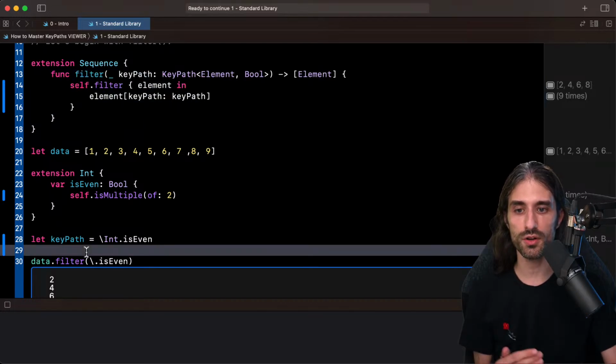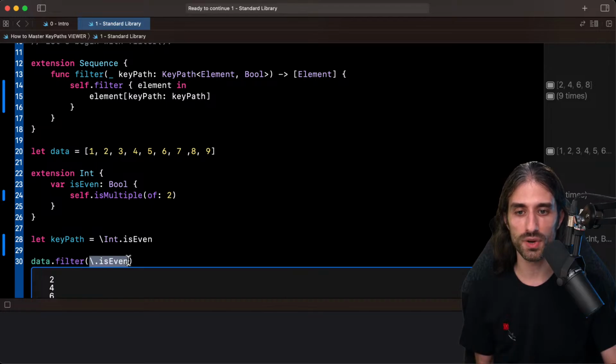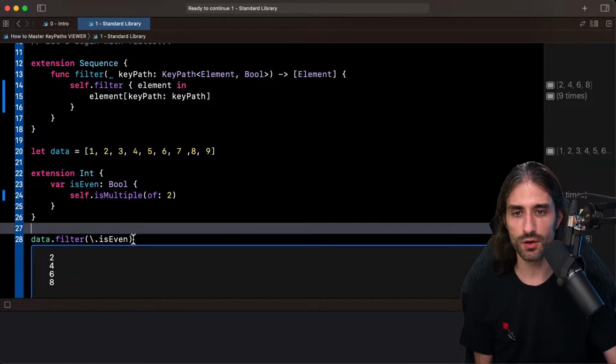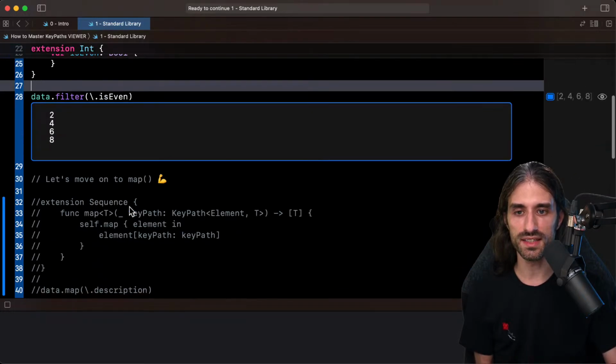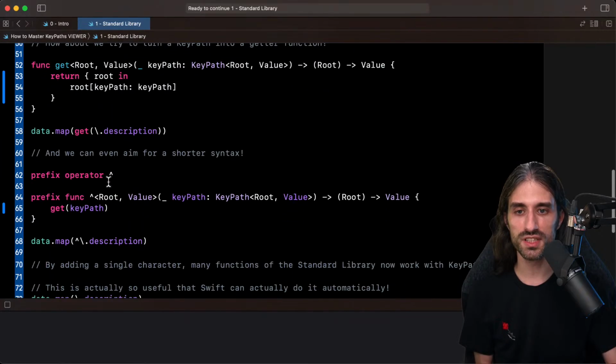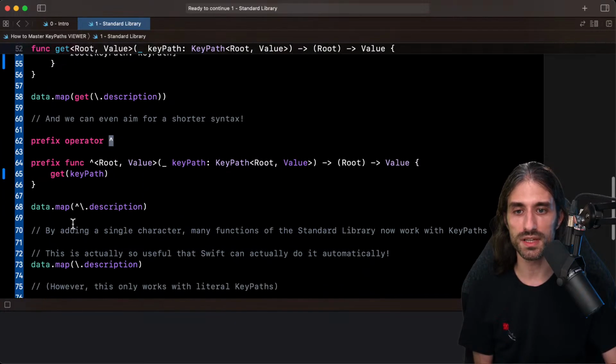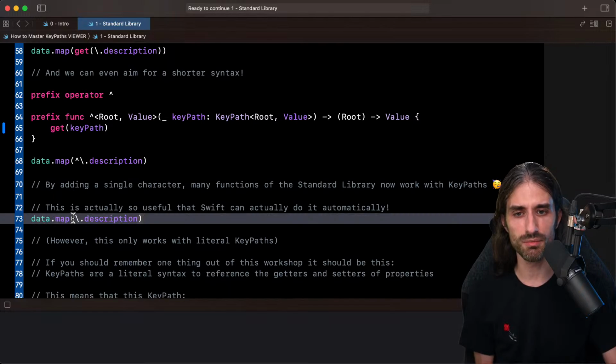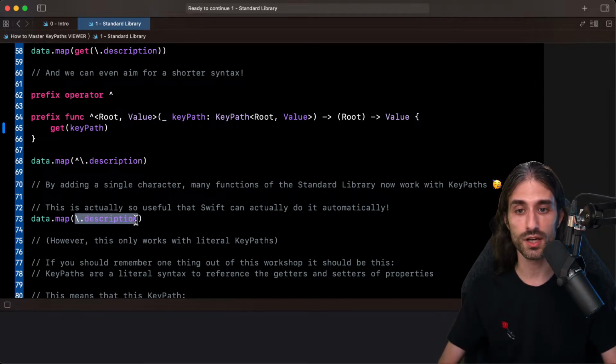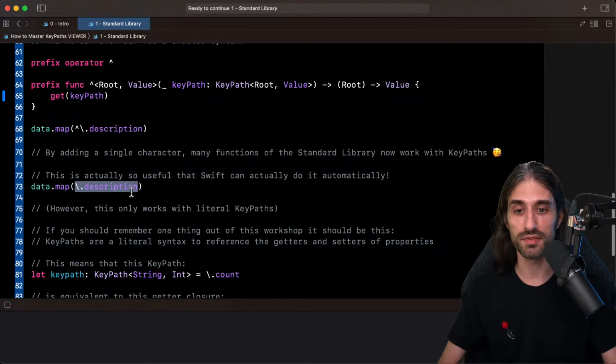It's just calling the regular filter from the standard library, and Swift is able to automatically transform this literal key path into a getter function. And so that's the reason why these days you don't see this little operator being used anymore. It's because in the vast majority of cases when you write app level code, you're just going to pass in a literal key path, and so you can just pass in the literal key path.